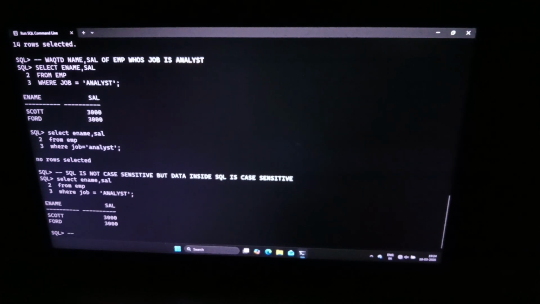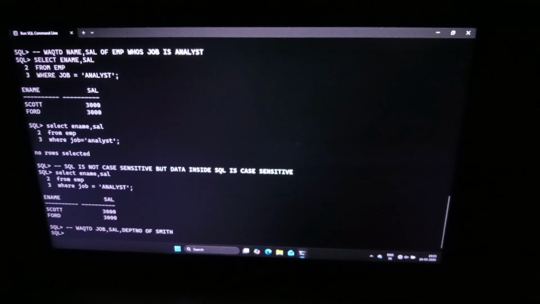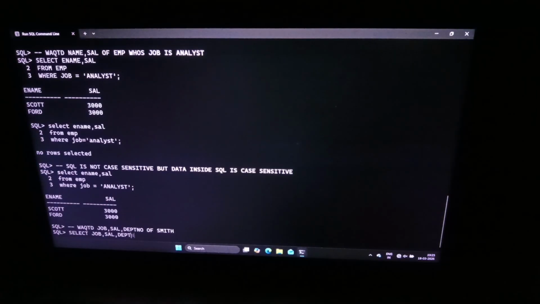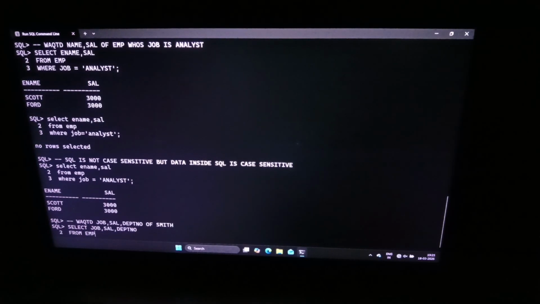Now if I give you a question: write a query to display job, comma, salary, comma, department number of Smith. Smith is an employee, and his details are in the EMP table. I just want to know his job, salary and department number. So same projection syntax: select job comma salary comma department number deptno, from EMP table, where